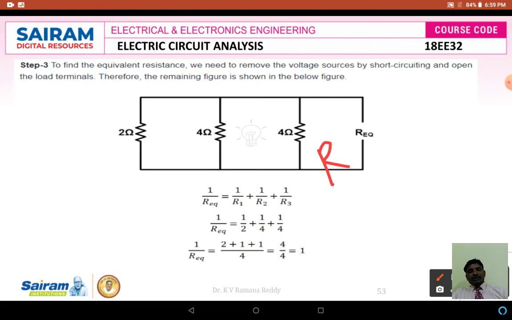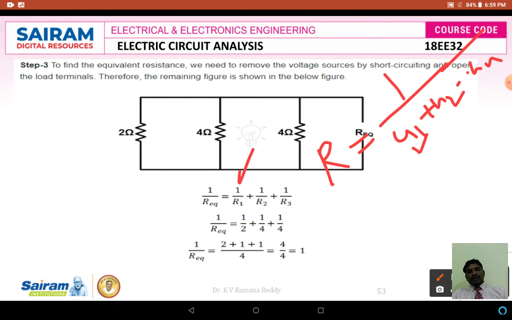R is equal to 1 by (G1 plus G2 and so on up to Gn). Here G1 means 1 by R1, 1 by 2, G2 means 1 by 4, G3 means 1 by 4. I want to calculate its R equivalent value. So R is equal to all these values, therefore